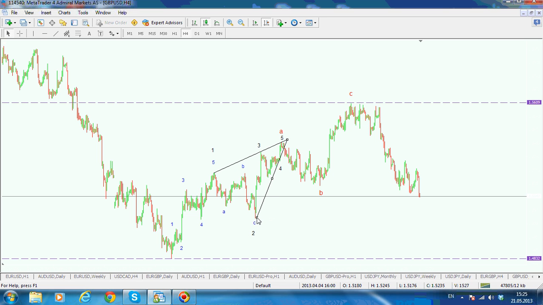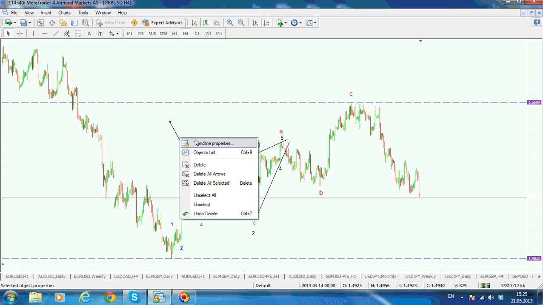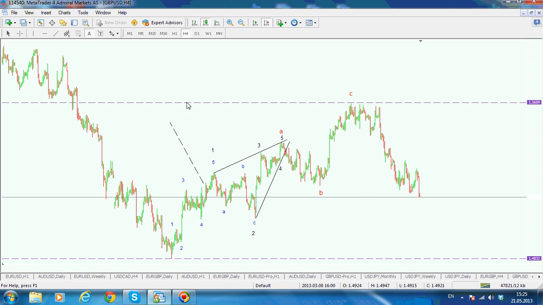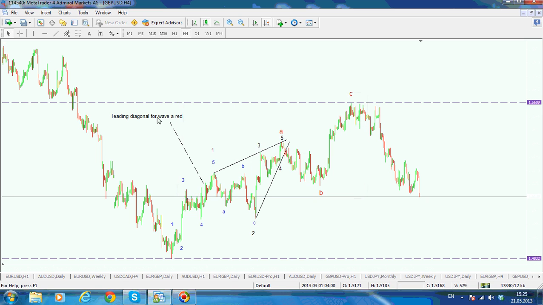And from the second wave till the end of the fourth wave here, this is a leading diagonal for wave A red. Let's write down that this is being called a leading diagonal for wave A red. A rising wedge. Rising wedges are falling, and as you can see, you have here the B wave that goes